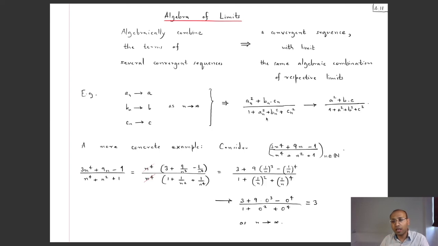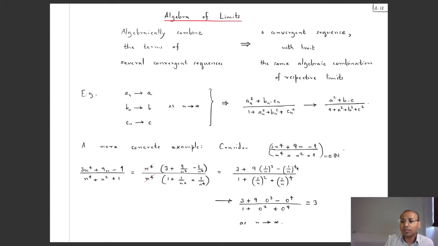Okay, so whatever algebraic manipulations you did to get this term from the a_n, b_n and c_n, the same manipulations you do with the limits, and that will be the limit of this sequence. So this is quite a powerful theorem because it allows you to deduce the limit in a very simple manner. Okay, so to consider a more concrete example,